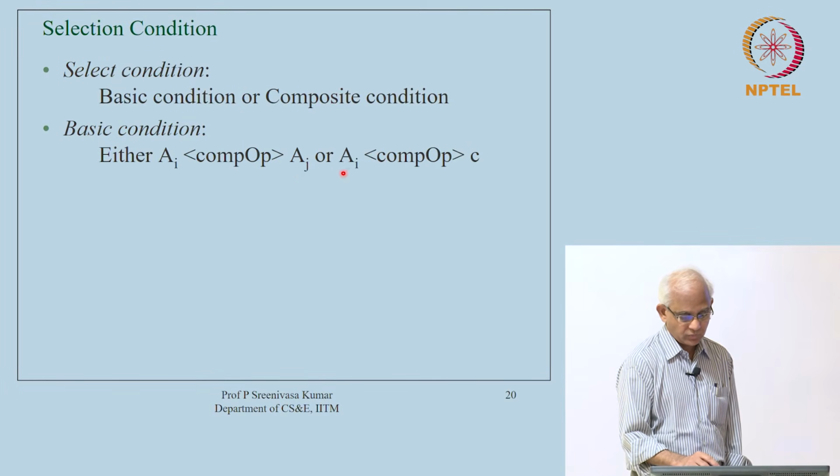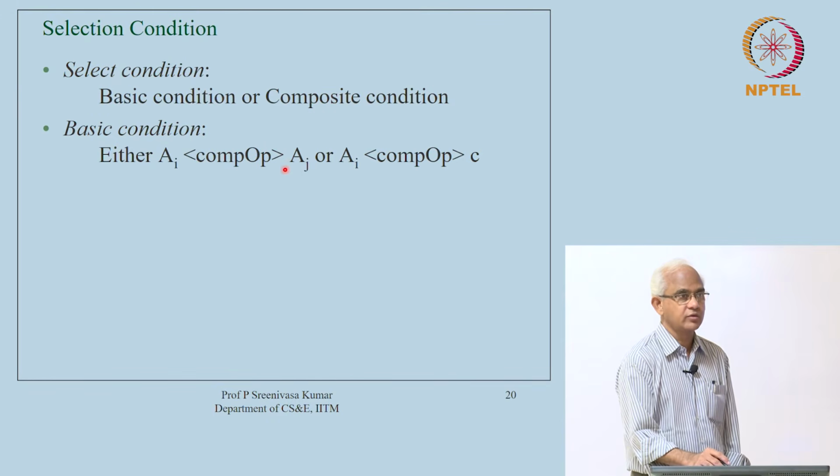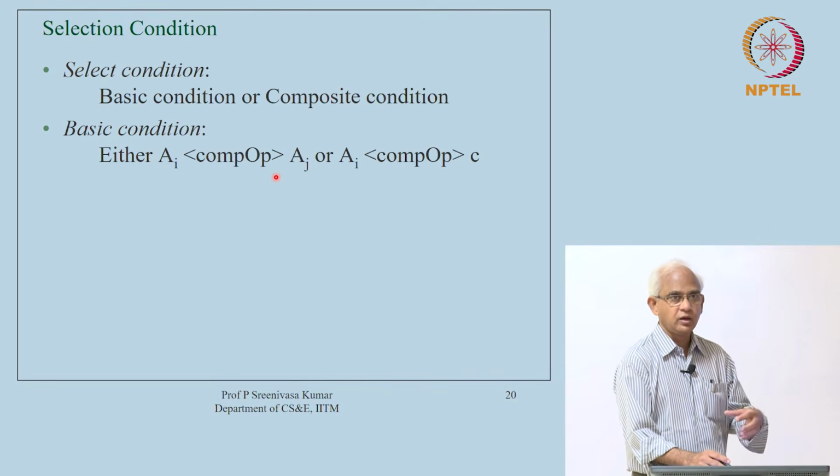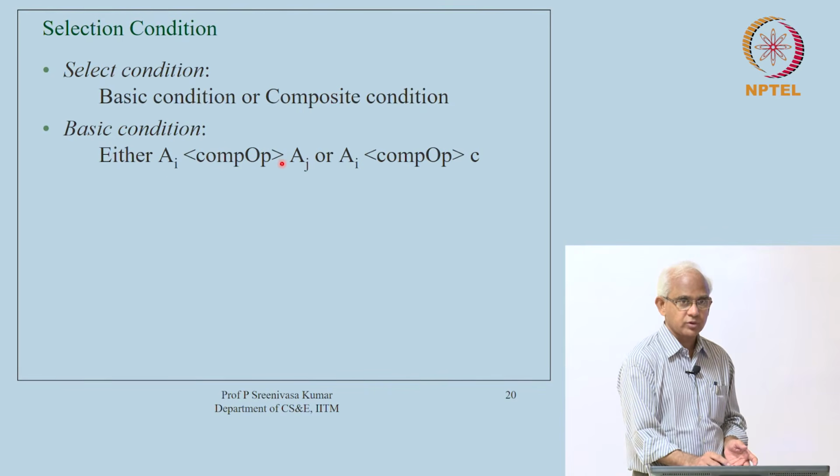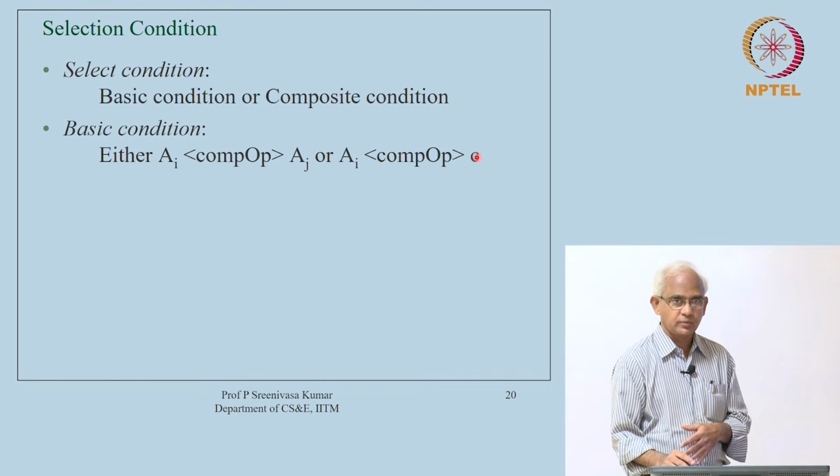Where are these attributes from? Obviously, they are from the scheme of the relation on which it is being applied. So, these ai, aj are the attributes of the relation that is the input for this operator, and you compare some pair of attributes,